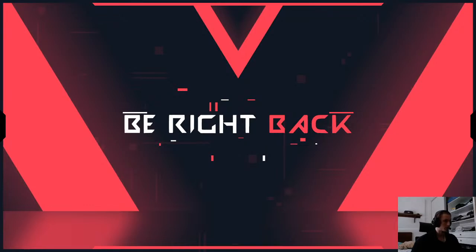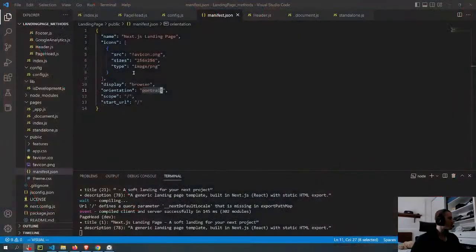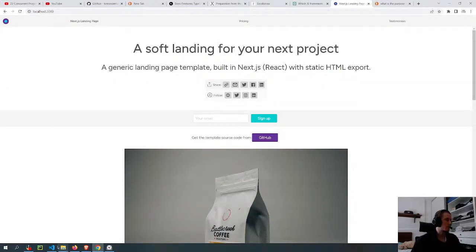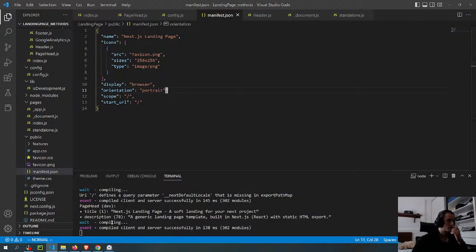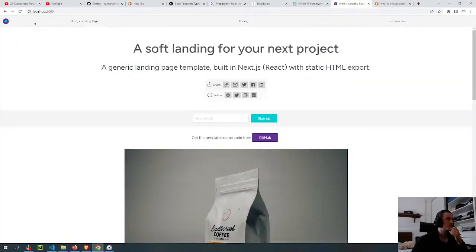Oops, I think I deleted the wrong one. But I think that's the favicon, however you say that, is not the image, so I don't think it's gonna change anything. But I'm not sure. Oh, it does change. Nice.